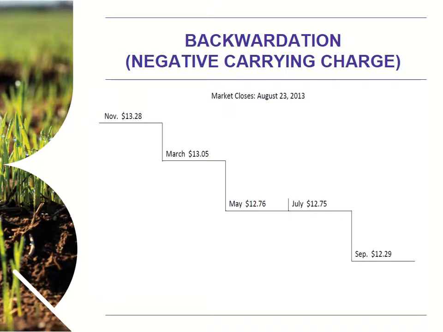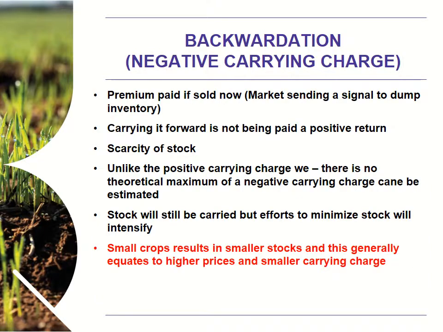In some instances, you will see backwardation, a negative carrying charge. This is what happens when the deferred contract is priced lower than the nearby contract. Basically, the market is sending a signal to say, look, sell your inventory, because a premium is paid if you sell your produce now. If you carry it forward, you're not going to get any positive returns,